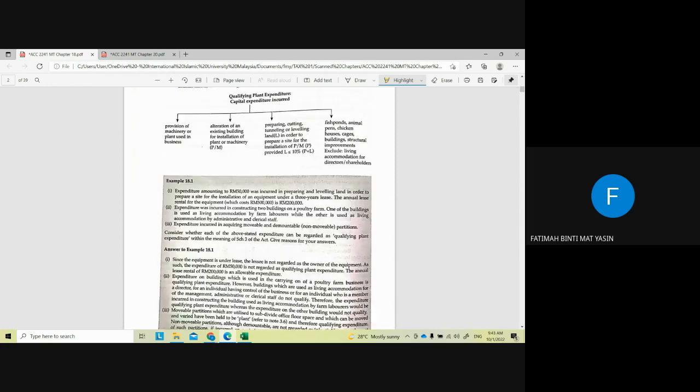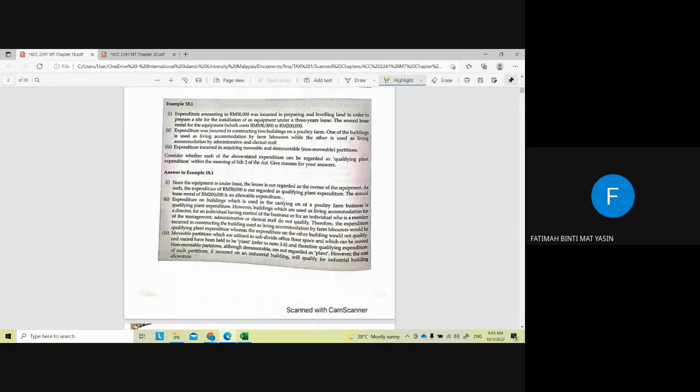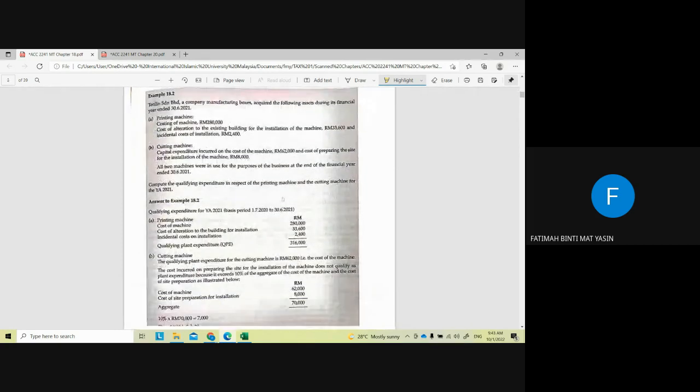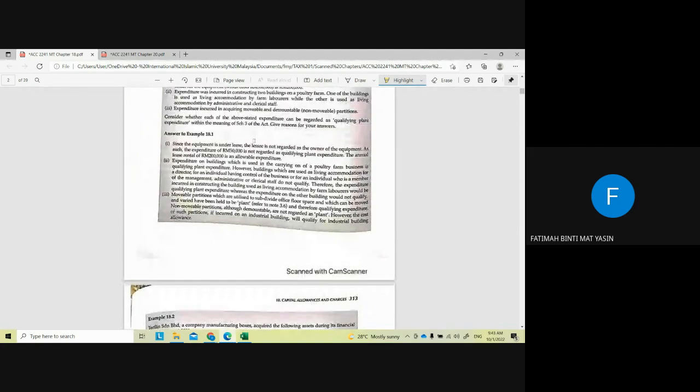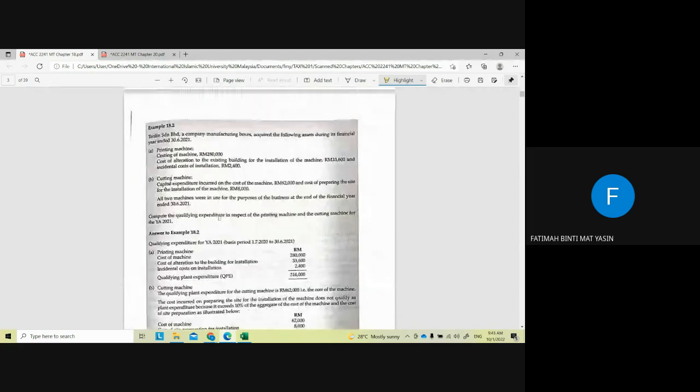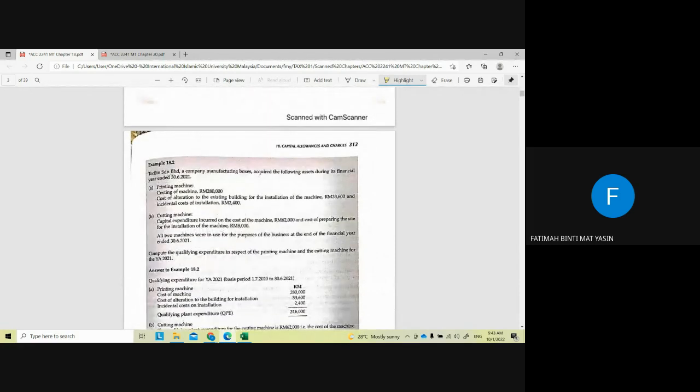Okay, so let's look at this example 18.2. This example you can read on your own. Example 18.2: Terilin Sdn Bhd, a company manufacturing boxes, acquired the following assets during its financial year ended